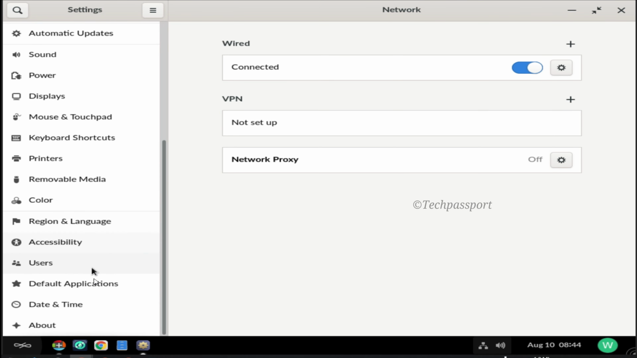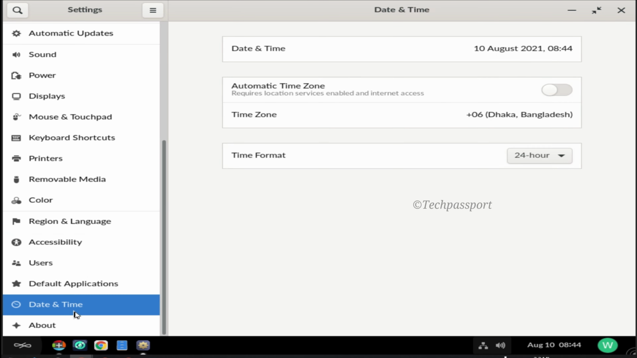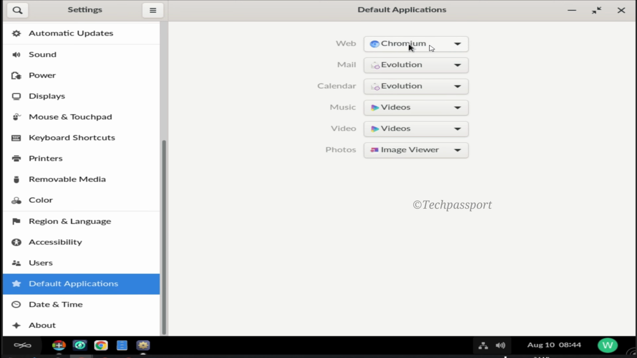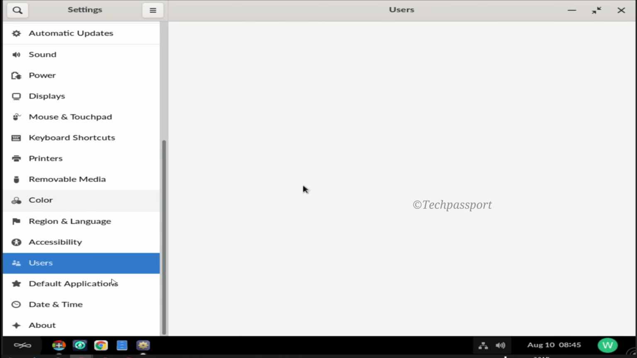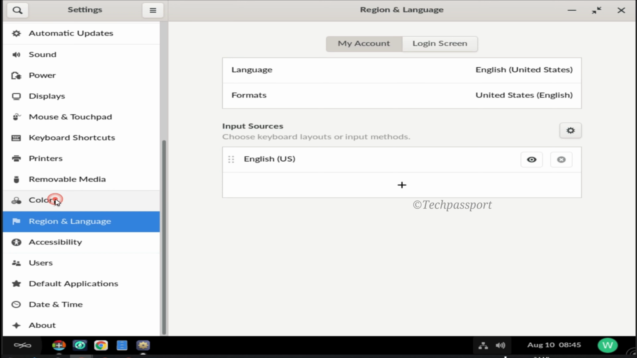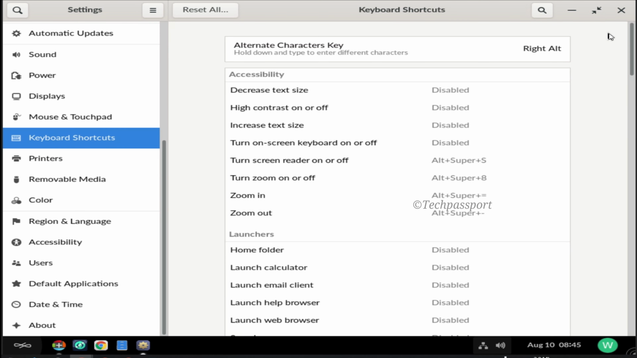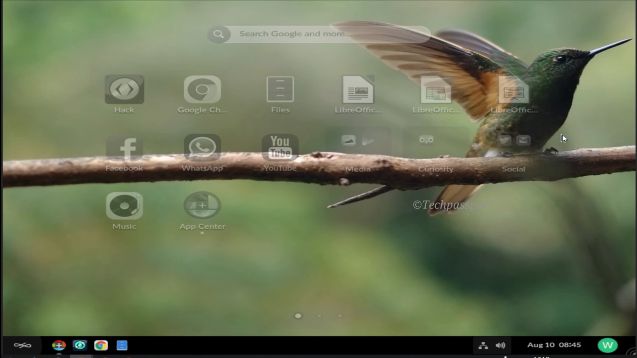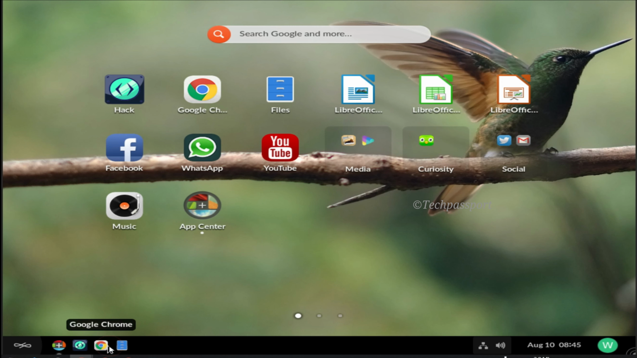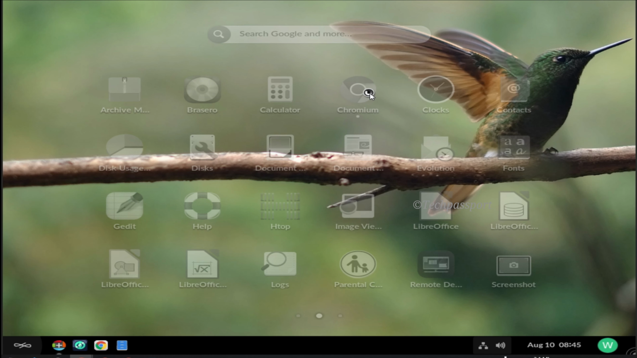Okay, then here you can see all the necessary settings. You can see date and time, automatic. Default applications, video, web, okay, user, and select my user, accessibility, region and language, color, and other devices. Everything is the same as it is in your Linux. Here the update for Google Chrome and other apps is starting, and all apps are here. You can see the Chromium browser here,